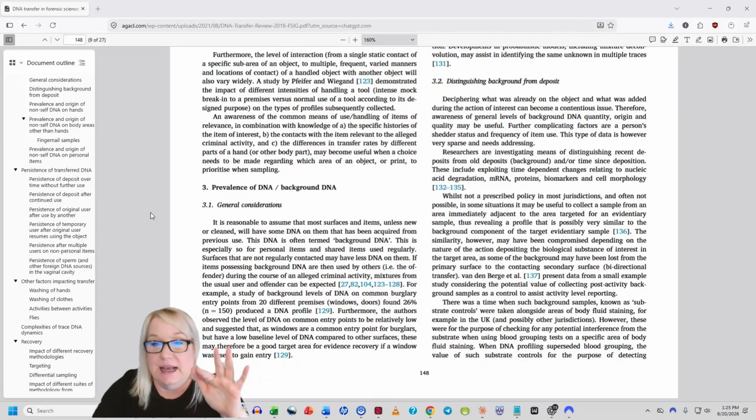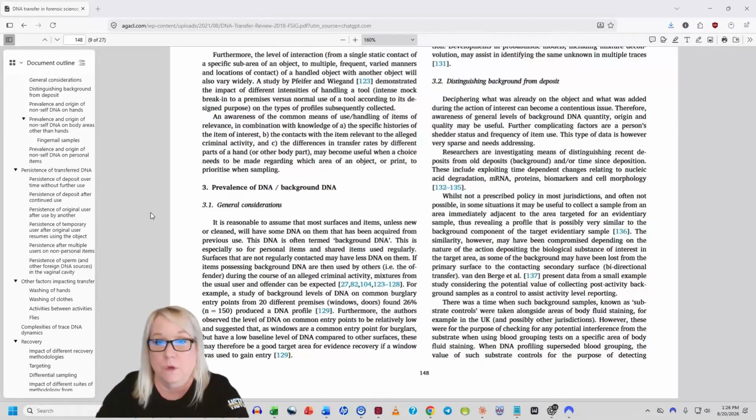This type of data is, however, very sparse and needs addressing. The shedder status, I think. Now, this article, if you remember, is 2019, I believe, so we may have more recent data on that. I'm going to search for it because, as I said, I'm on a mission about this. I have a guy that swears upside down and sideways and backwards that there's no way, and they want to know how it got there, especially when we have tiny, and those of you who know what case I'm talking about, tiny